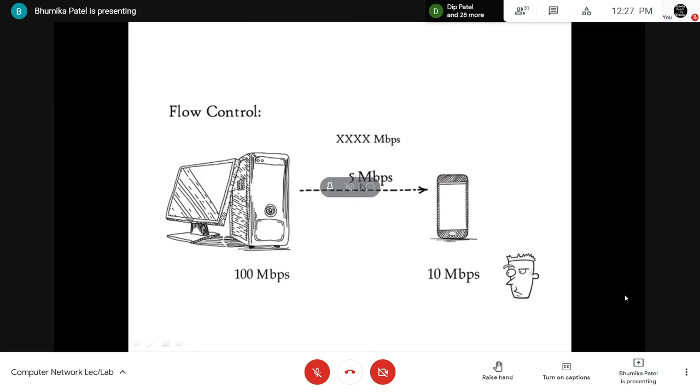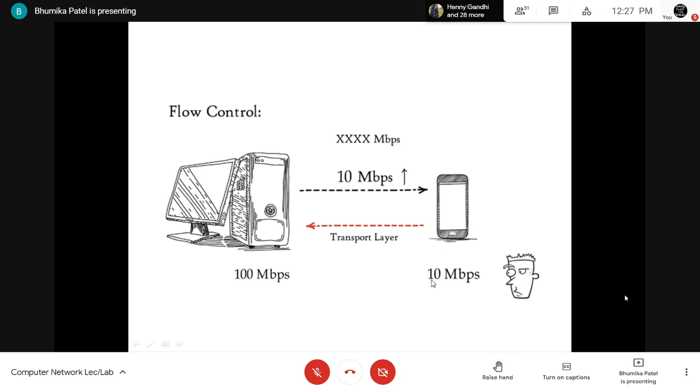Okay. Similarly, consider a second case: the server is transmitting data at 5 Mbps, but our phone can process data at a maximum of 10 Mbps. So we can tell the server to increase the transmitting rate to 10 Mbps, so that it can maintain system performance.